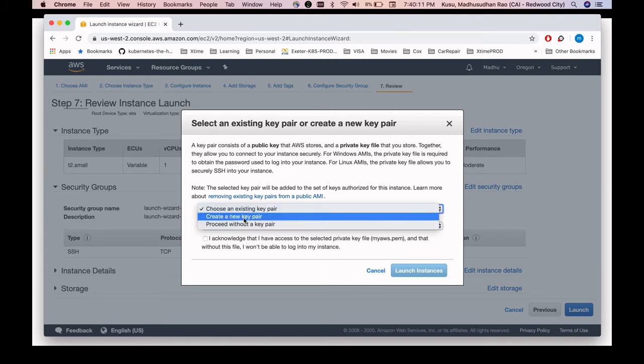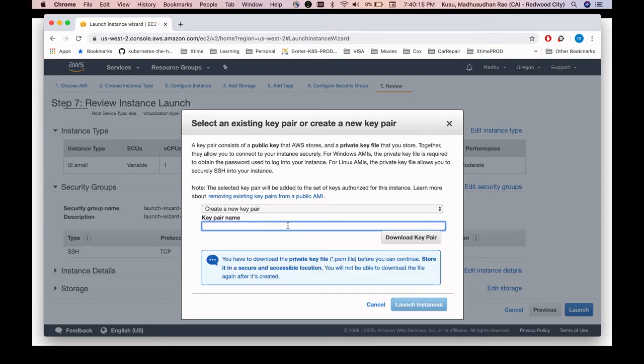Let's create a new key. Select the option called create a new key pair. When you select create a new key pair, you need to provide a key name. What is the key name you want? You can enter it here. I am giving EC2 key as the name for the key. And once you enter the name, download the key pair. You need this key to connect to this EC2 instance. Click on download key pair